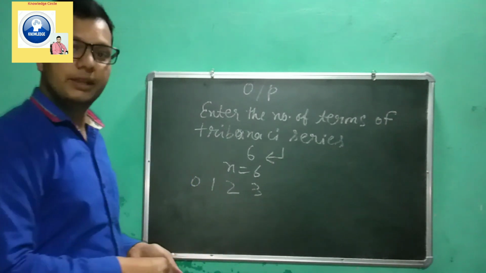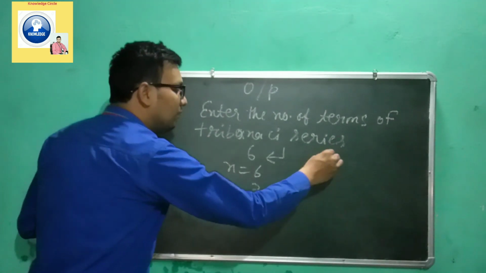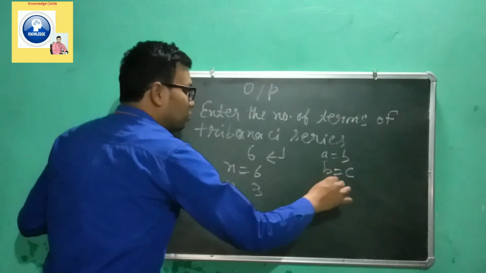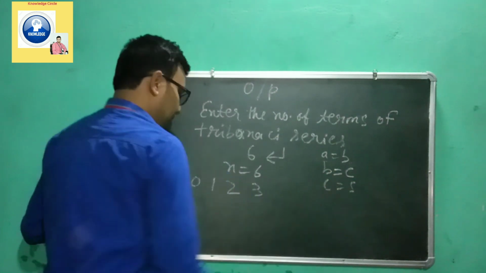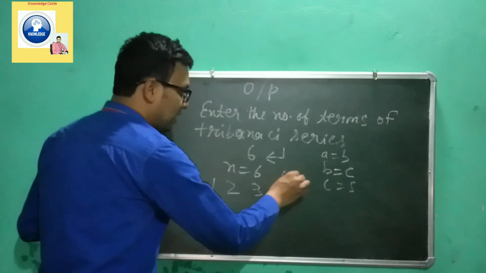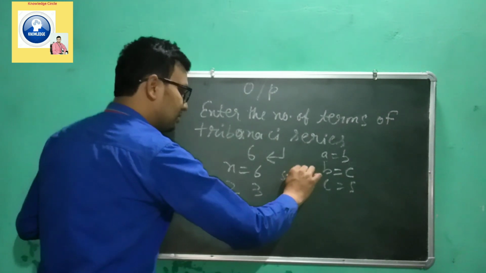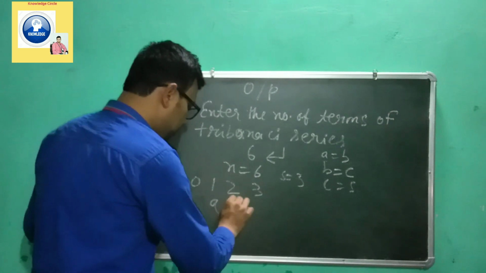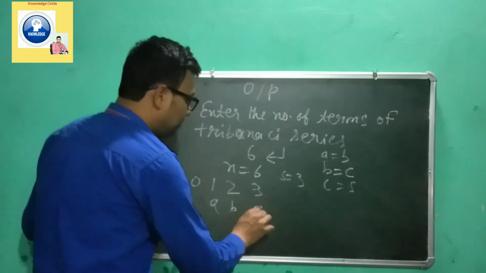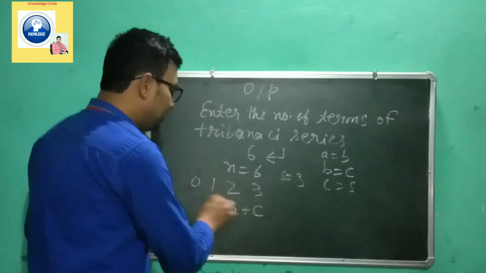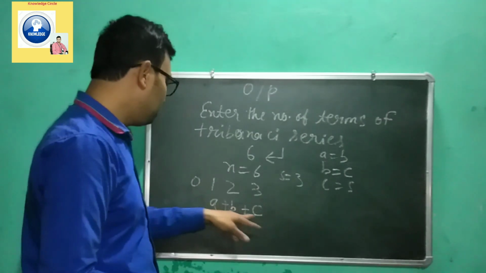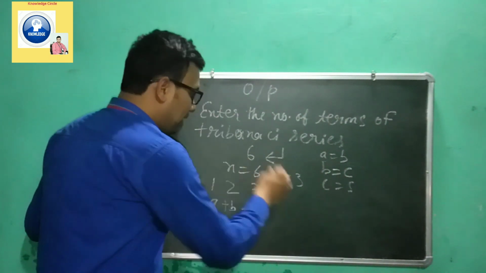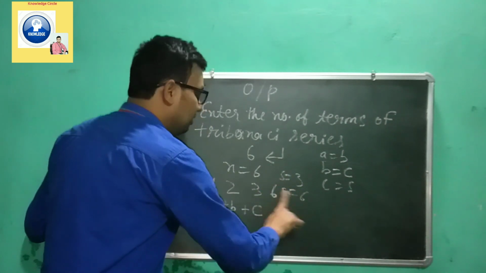Now what is next? Because we have written here that B will be stored in A, C will be stored in B, and S will be stored in C. So what is the value of S right now? The value of S is 3. Now 1 will become A, 2 will become B, and 3 will become C. Next time when it is added, it will become 2, 3, 2, 1, 6. So S will become 6, and 6 will be printed here also.